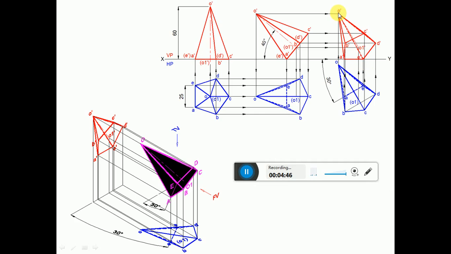Then join O dash to O1 dash with a center line, a dash-dot line, like whatever we have done here. The same way you have to represent this. So now once we have this,